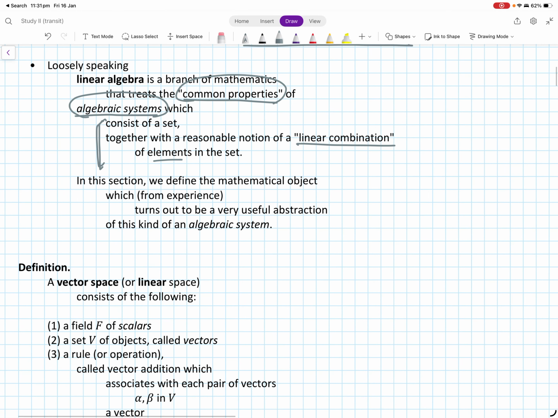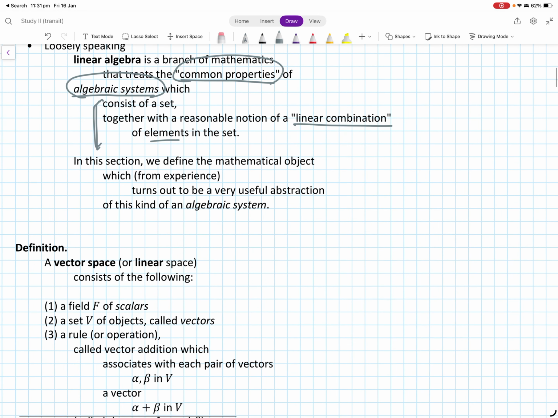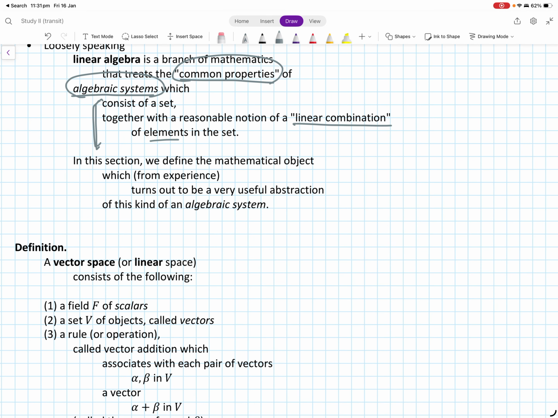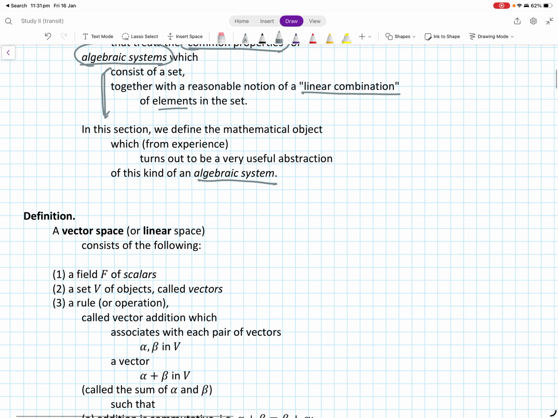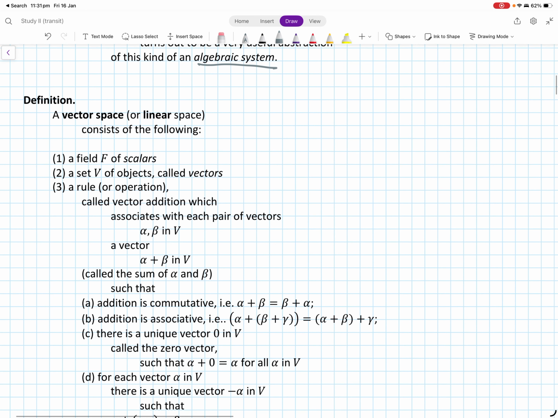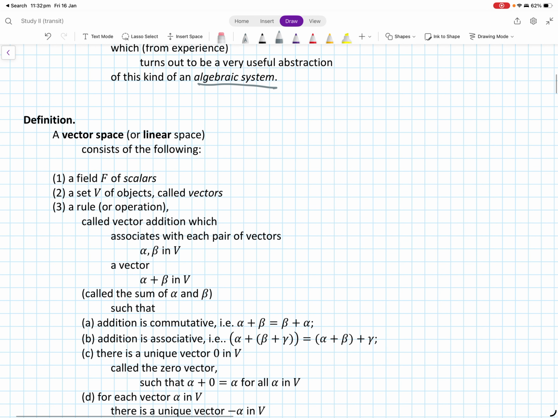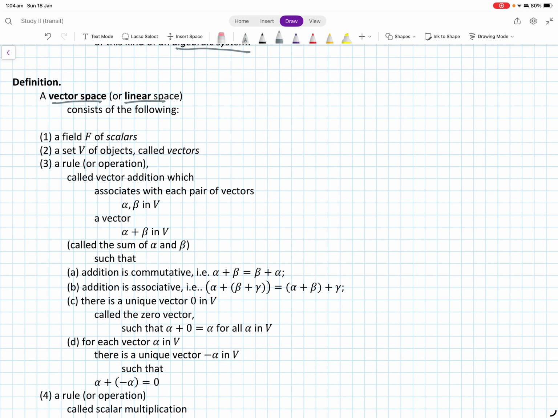And in this section, we define a mathematical object, which from experience turns out to be a very useful abstraction of this kind of algebraic system. Okay, so we are basically going to abstract out these relevant properties into a mathematical object, and that mathematical object is what we're calling a vector space